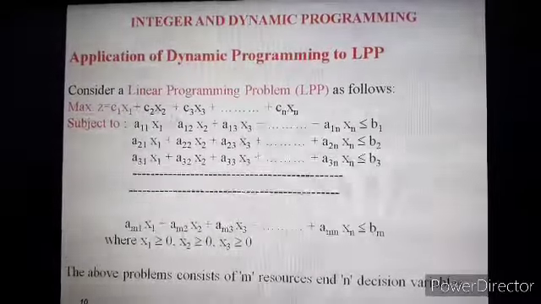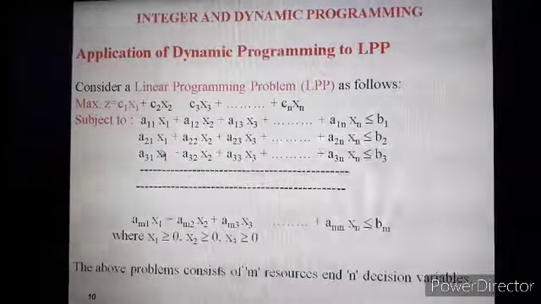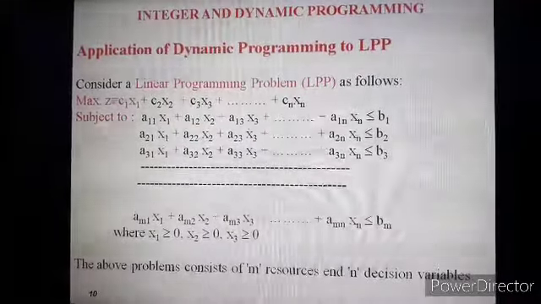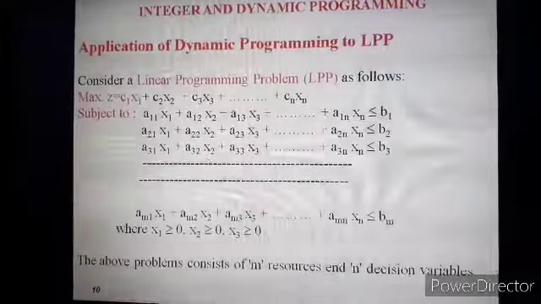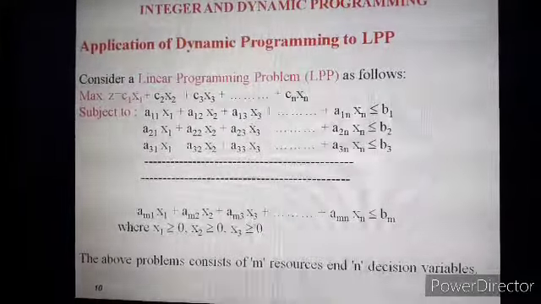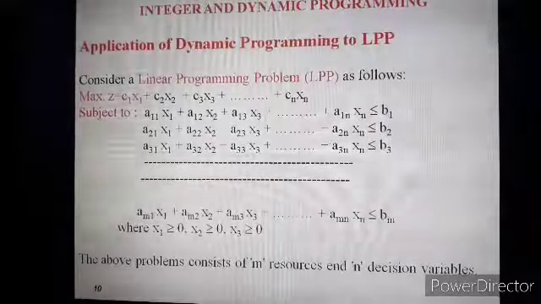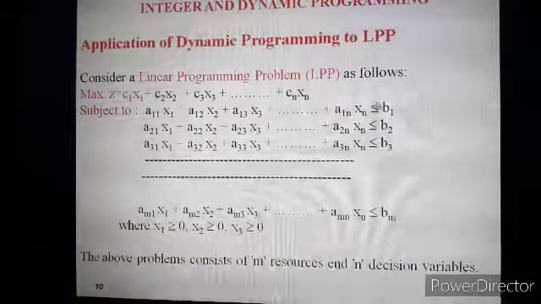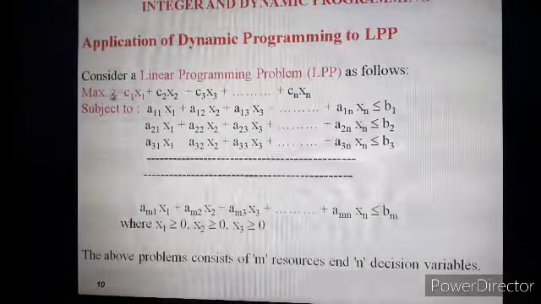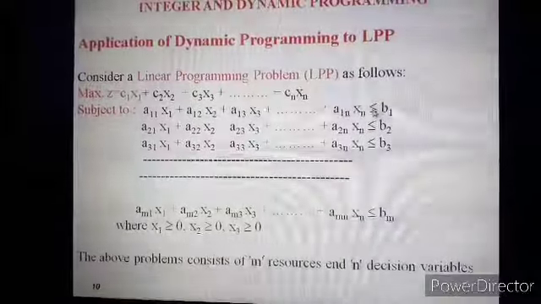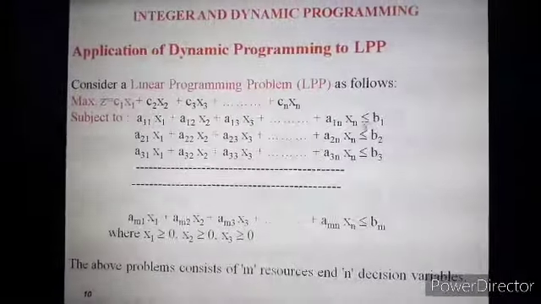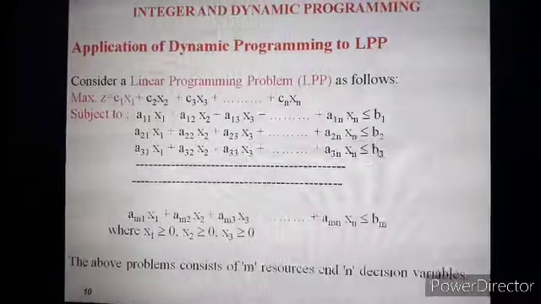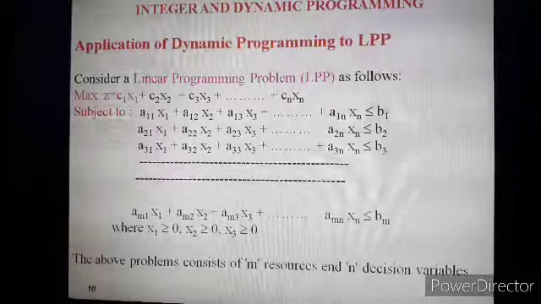Accordingly, we have to define the constraint equations. These are the constraint equations with respect to the variables, and these are the right hand side constants. This is the mathematical formulation of the maximization problem. If it is a minimization problem, there is a change in the statement, and the inequality signs will be different. For the maximization problem we take less than or equal to b1, but instead of that it will be greater than or equal to b1, then greater than or equal to b2, and greater than or equal to b3, and so on if it is a minimization problem.